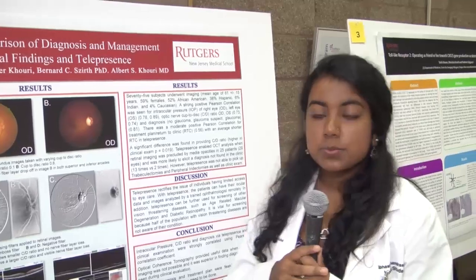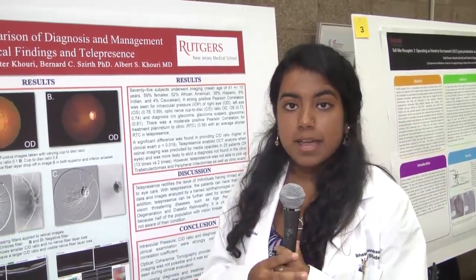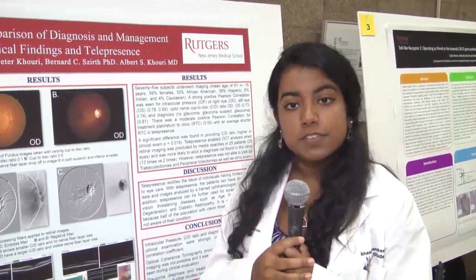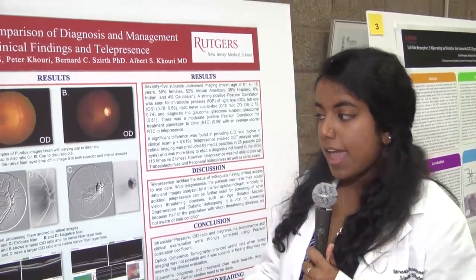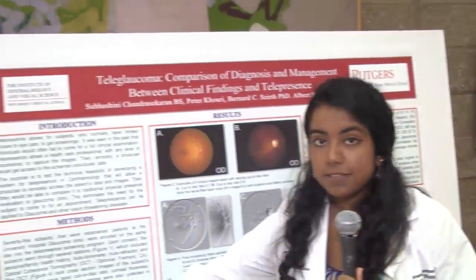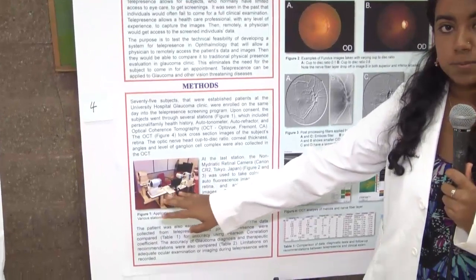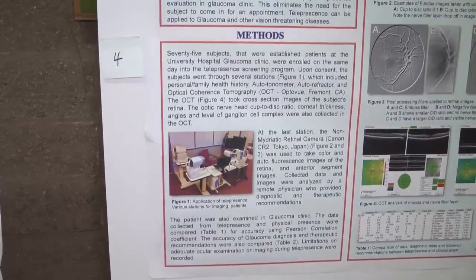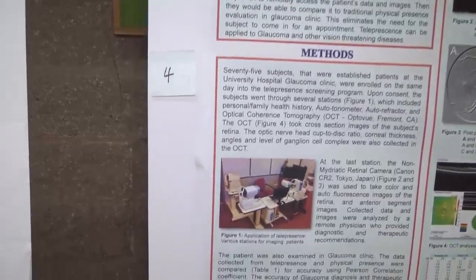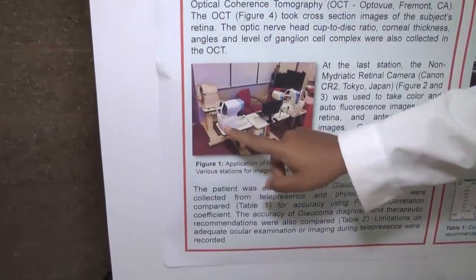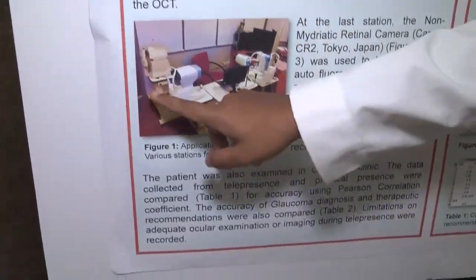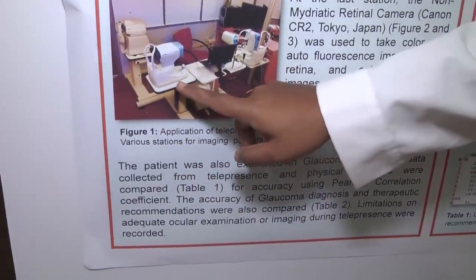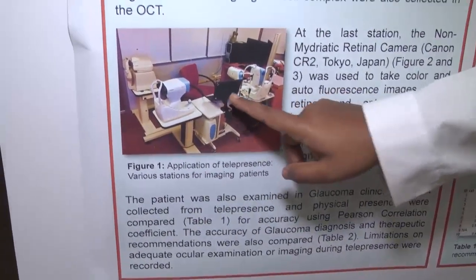So what we did is we had 75 patients who were established at the University Hospital Ophthalmology Department, and we had them go through several stations through the telepresence program. So what would happen is after the patient was done being examined in clinic by an ophthalmologist, we would take them station by station. The first is called the autotonometer, the autorefractor, and these two are the OCT and the retinal